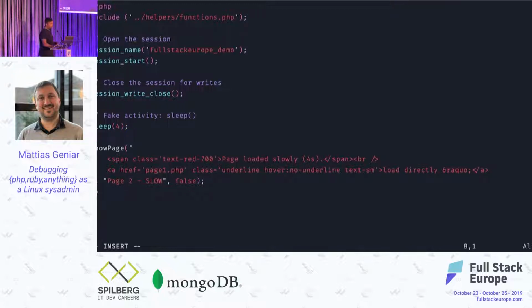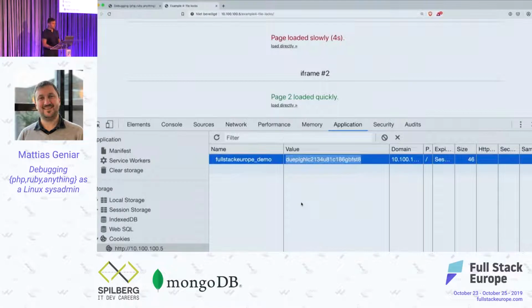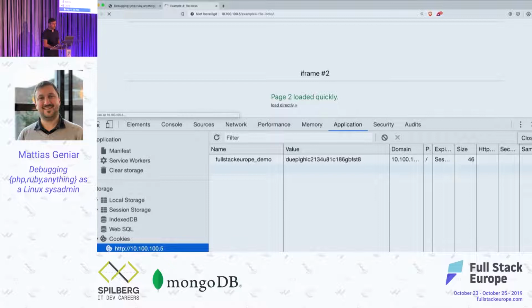So your code is still the same. You define a session name optionally, and you session start to read your session data. But if you know that you will not write to your session anymore because you're done writing the session and you're now flushing output to the browser, you can deliberately close that write lock that you have on the session file. So if we do session write close, we close the file